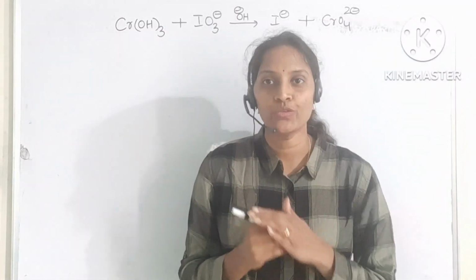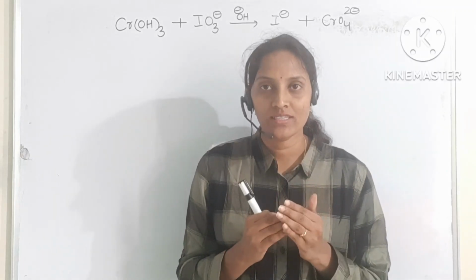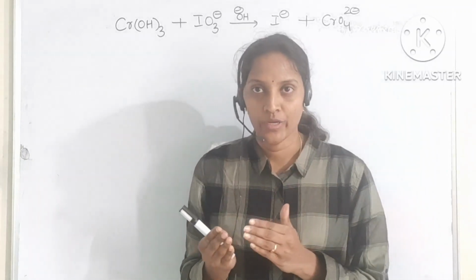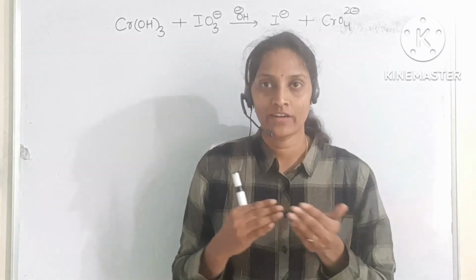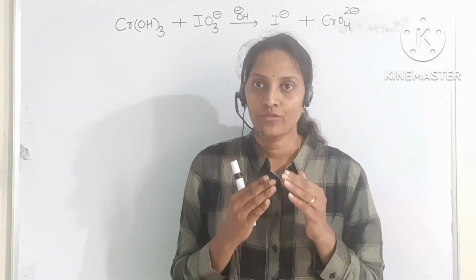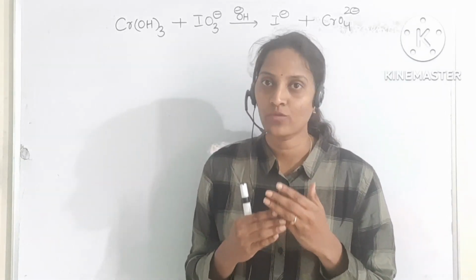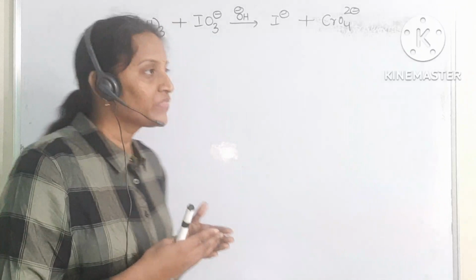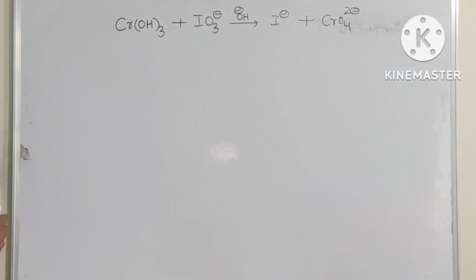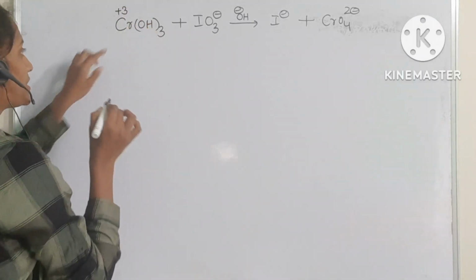Here in this question, we need to write a balanced chemical equation for the oxidation of chromium from chromium hydroxide to chromate, or the reduction of iodine from iodate to iodide. How can we write a balanced chemical equation for this one? We can see now. For that, first of all, you should write oxidation numbers for the elements present in the